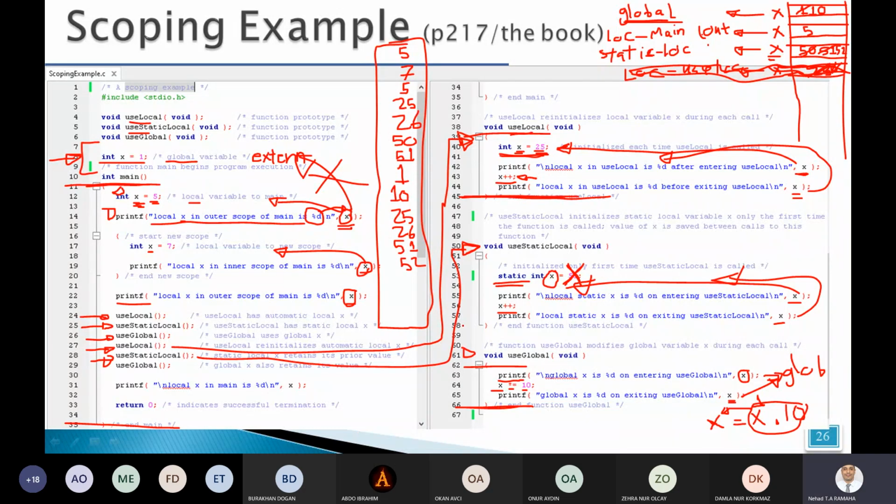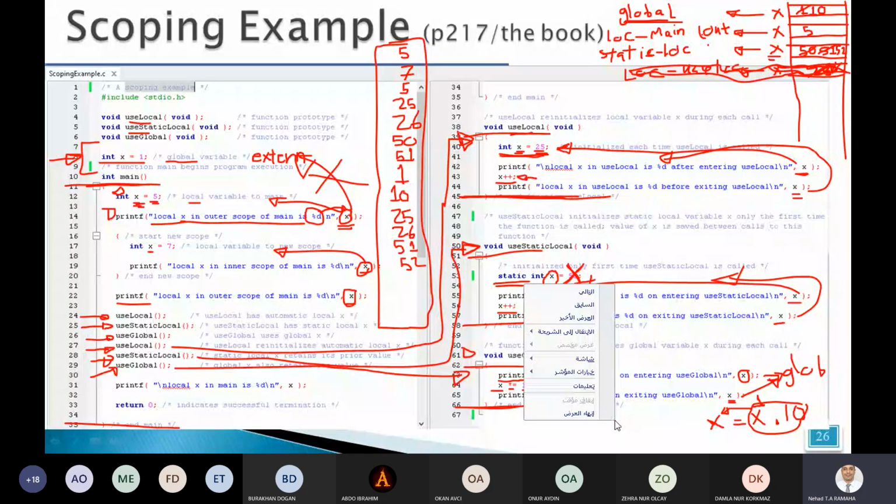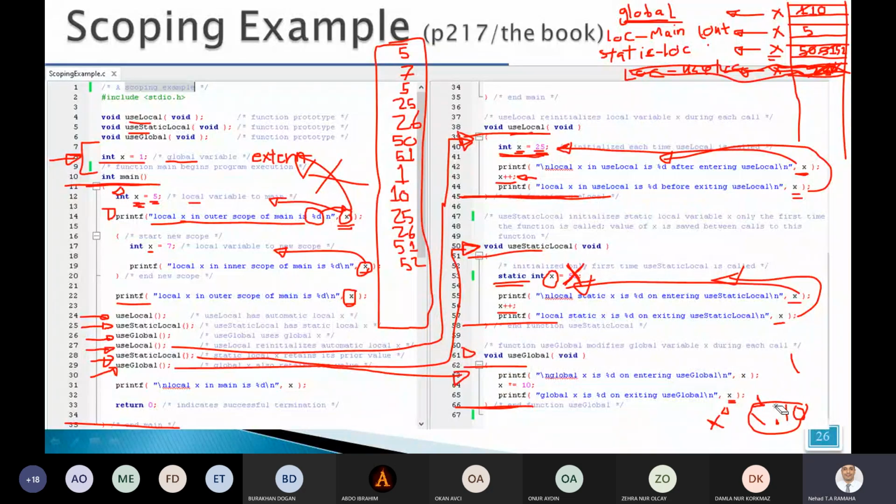Okay, we reach the end of the static local function. Also, this static local variable will stay in the memory. Now the control returns to the main function and it will call the function use global again, this function. Okay. Again,